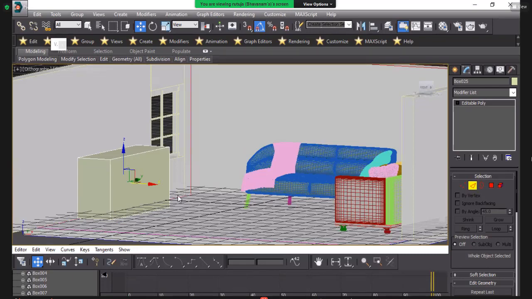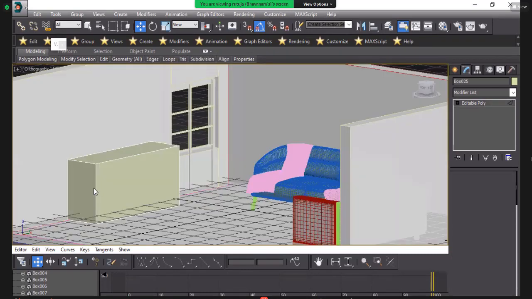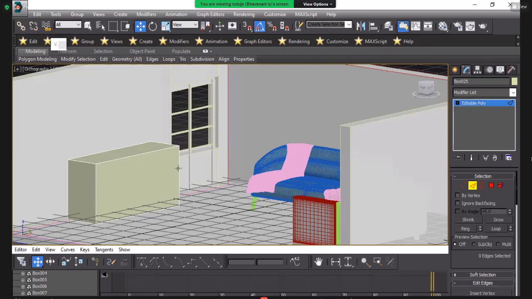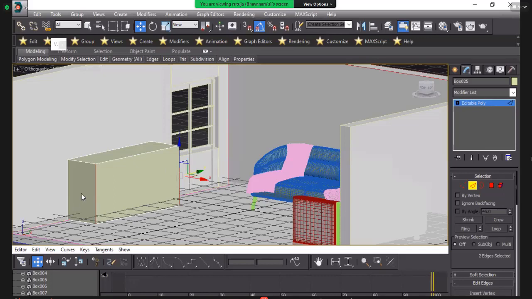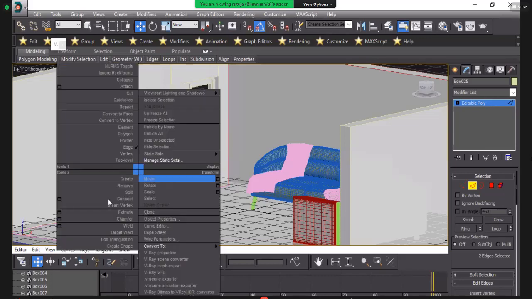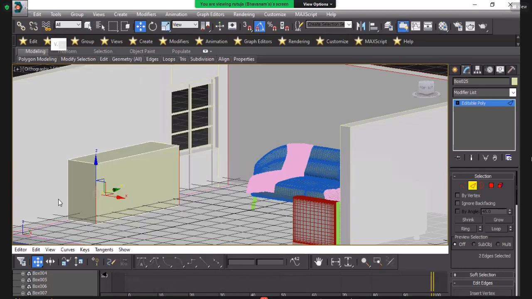First of all, we take edges and select these two edges, because this command works in the opposite direction. So that's why we select the two edges of this box and go and connect it.